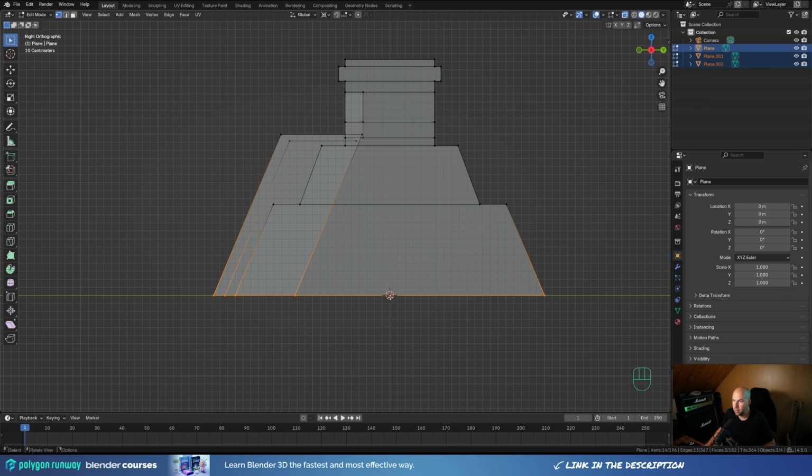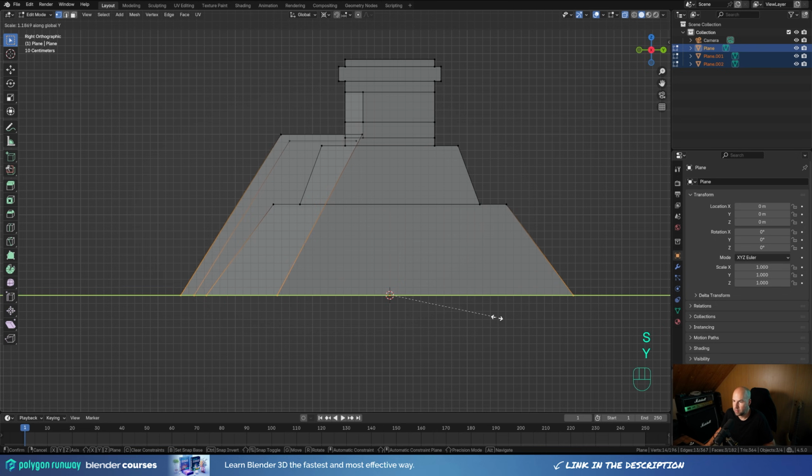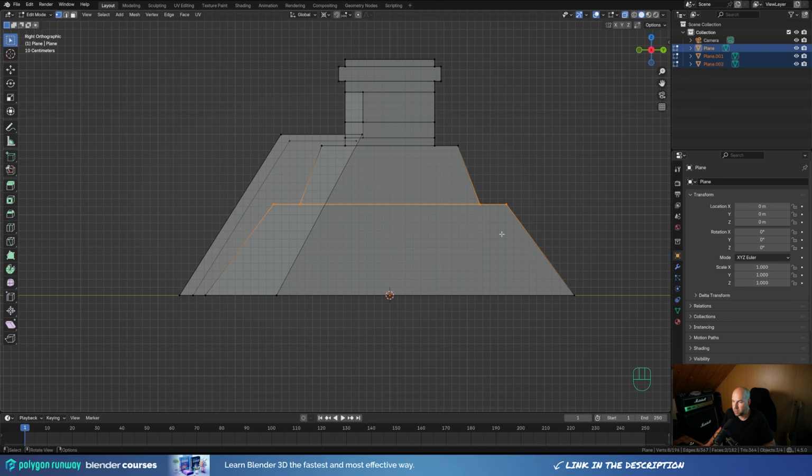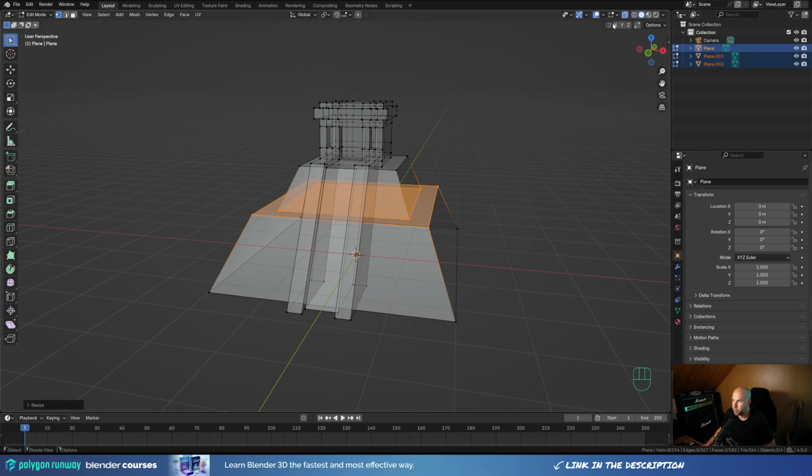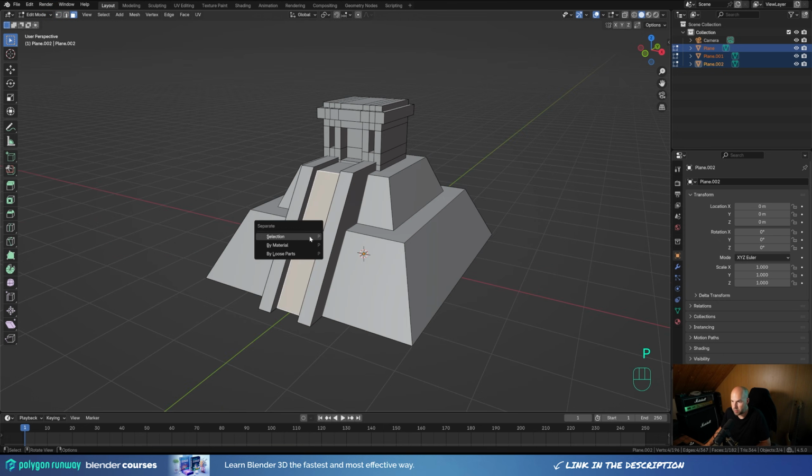So we slide from the middle and press S then Y and slide this out like this until the staircase looks just fine, something like this. And then we'll readjust this part right here. So select these vertices, press S then Y and scale them out like this. Okay, now we can switch back to medium point, and the angle is much better now, so we can turn off the X-ray. And now press 3 for face select, select this face right here, and let's press P and